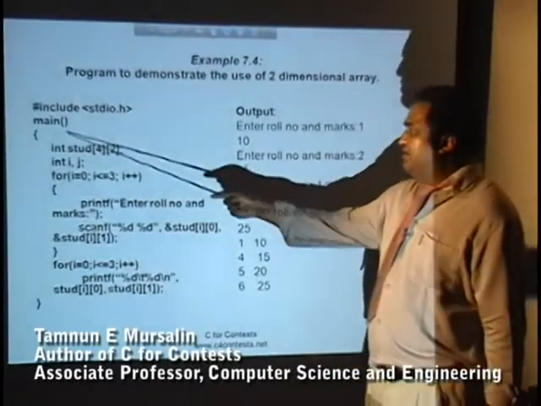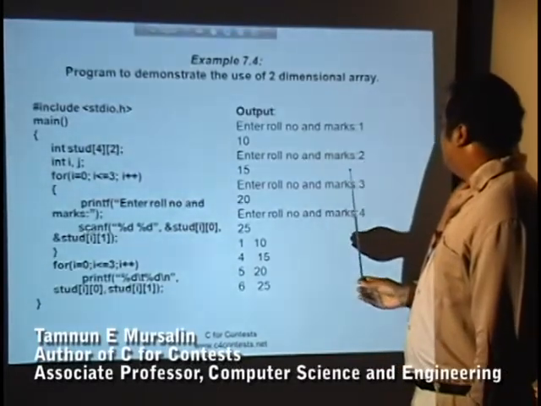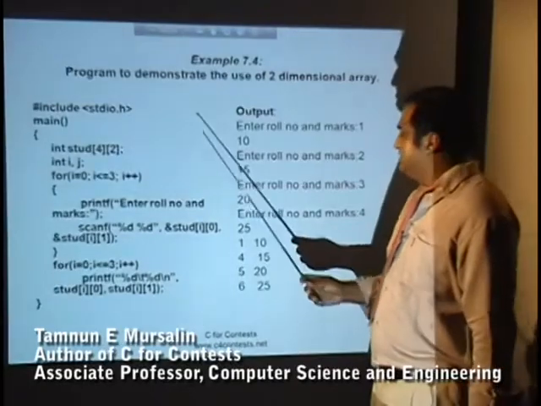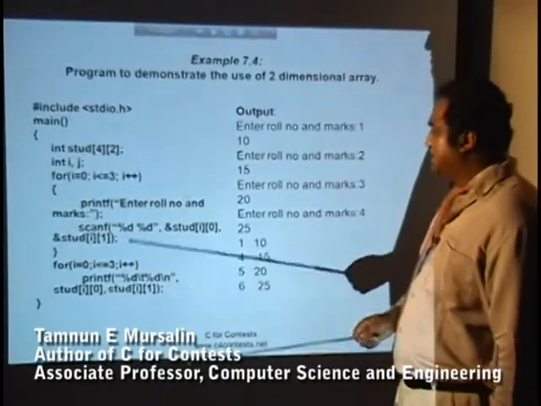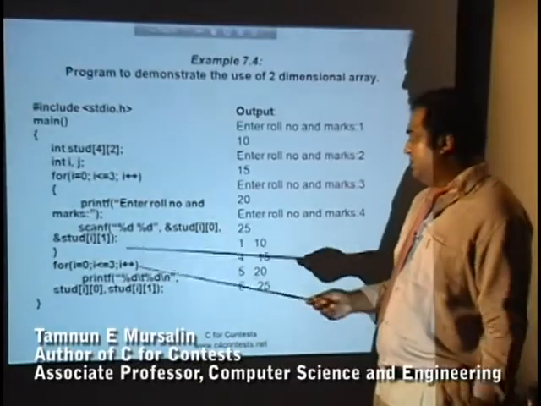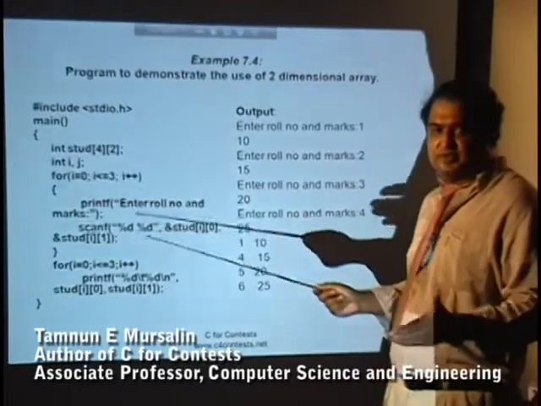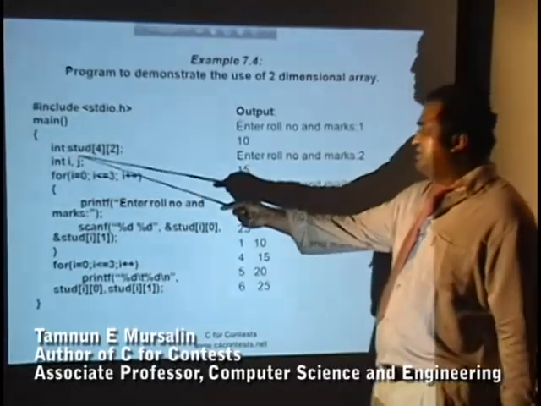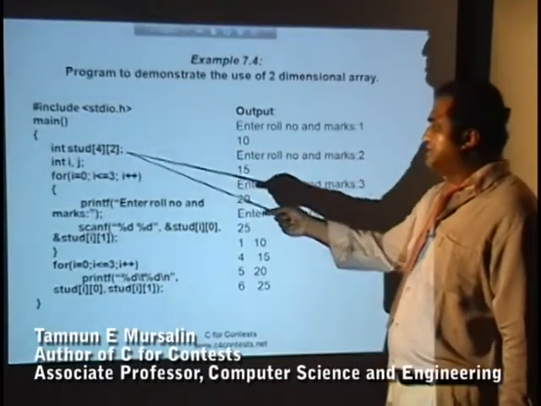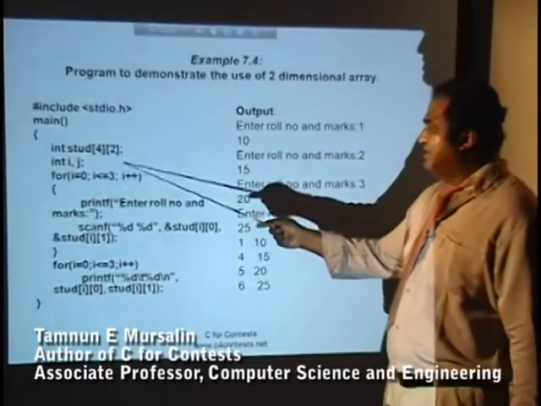You can see over here we have a main program. What this program does is it takes the marks of every single student and prints them out in a 2D array. That means it takes the marks of the first student, second student, 4 students, and then prints out the students list. Roll, you can think of it as an ID number, or a list of students and their marks 1 2 3 4, sequentially. So you declare the student array with 4 and 2. That means you will have 4 rows and 2 columns, 4 on the x-axis and 2 on the y-axis.